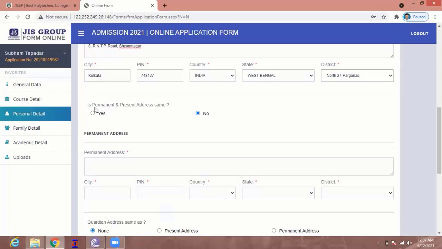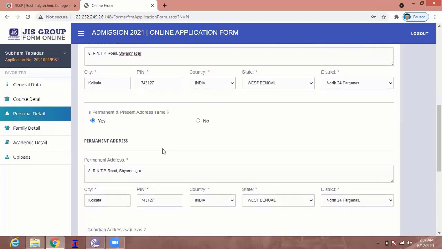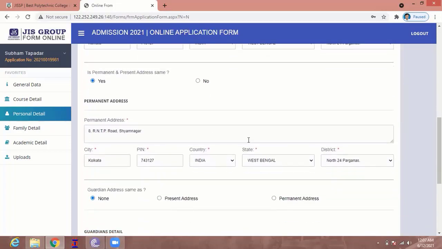If your permanent address and present address are the same, just click on yes, otherwise click on no and put your permanent address. My permanent and present addresses are both the same, that is why I am clicking on yes, and the present address is copied into the permanent address tab.